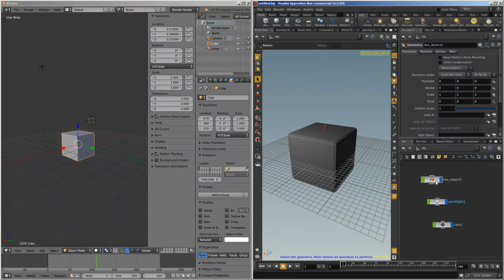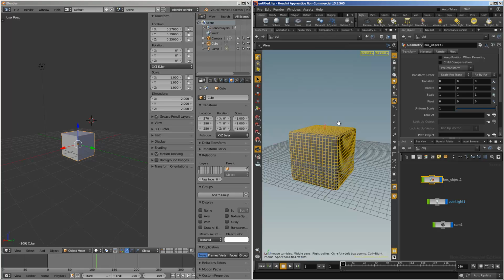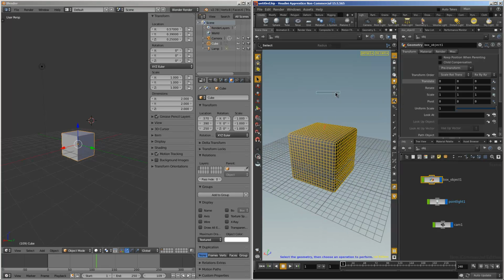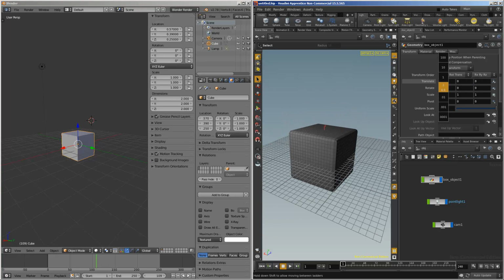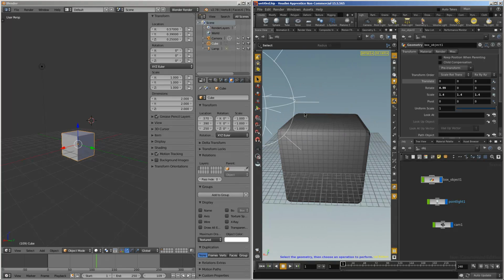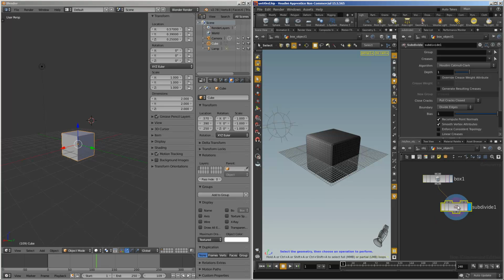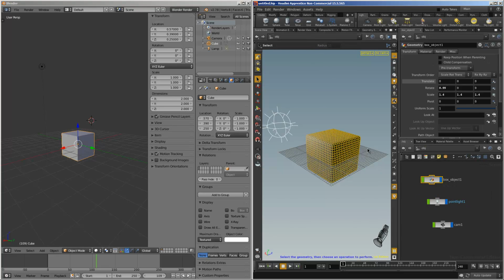So each object like this always has the typical transform, like translate, rotate, and scale. That's kind of basic on any 3D package. But inside Houdini it's always nodes, and you can have a lot of these nodes and really complex looking nodes. And because Houdini is all procedural,